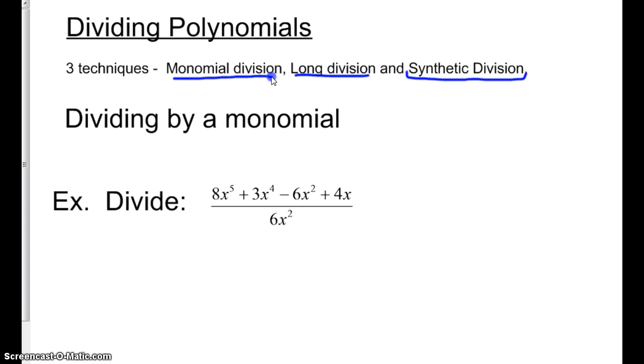All right, let's start with the monomial division. This one is pretty basic. Take a look at the example I have. It says divide 8x to the fifth plus 3x to the fourth minus 6x squared plus 4x, and divide all of this by 6x squared. Well, to do this, I'm going to create a whole bunch of different fractions. Because I've only got this single term of 6x squared on the bottom, I can divide each individual term on the top by the 6x squared